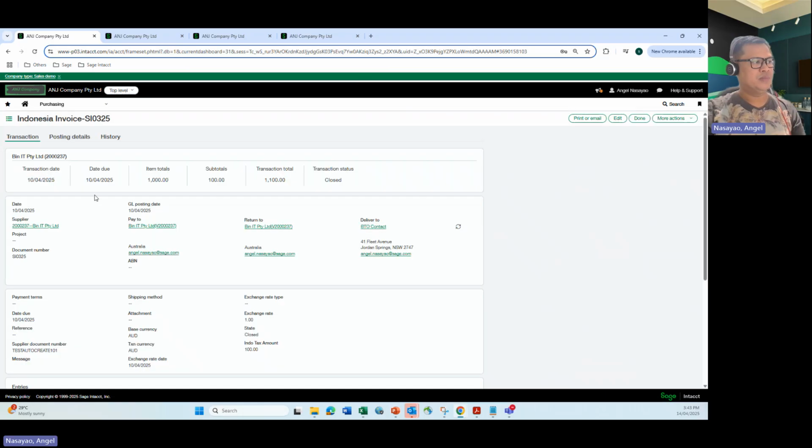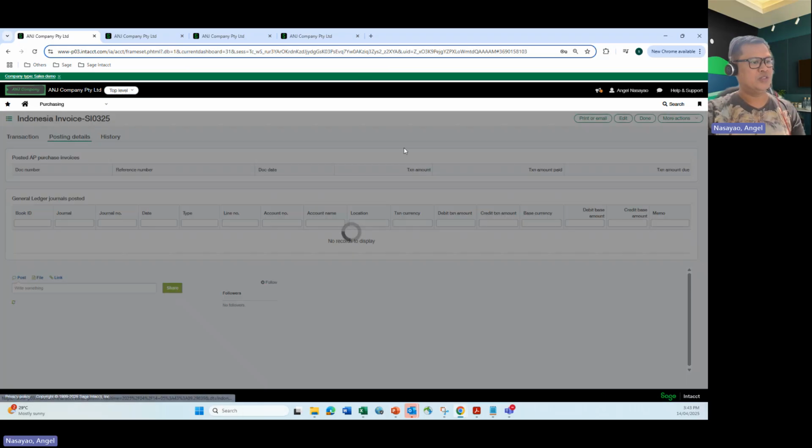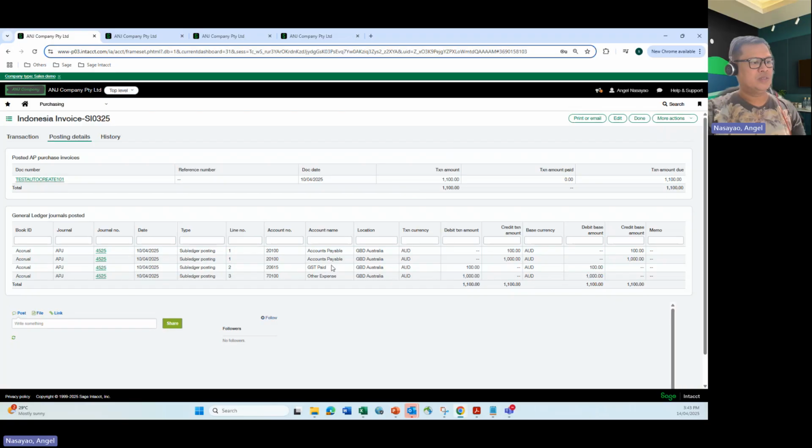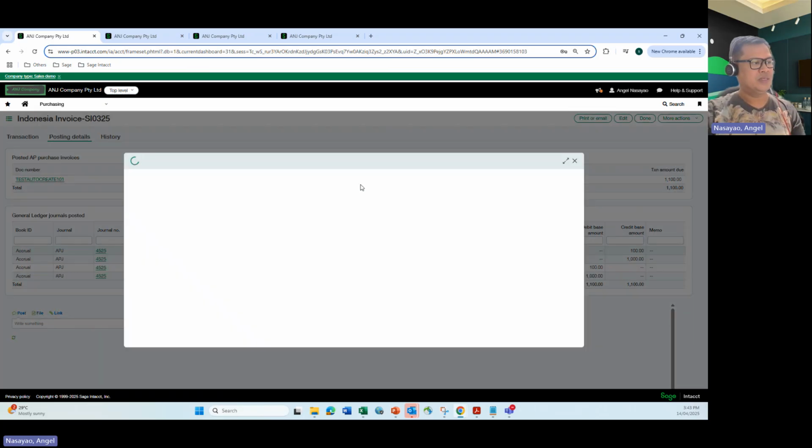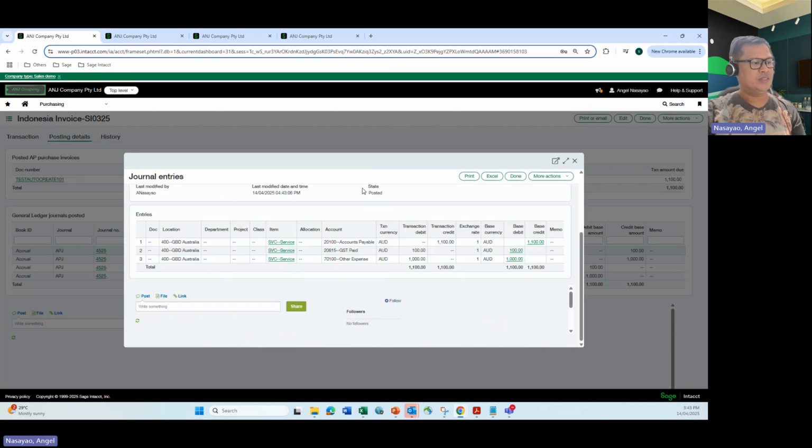The purchase transaction definition. Let me just show you the impact in here. So we have this other expense for 1,000. The GST paid in here was being posted, right? We should be able to get it from here anyways with the journal just for us to see the impact there. All right, so if I go for the accounts payable in here, 1,100,